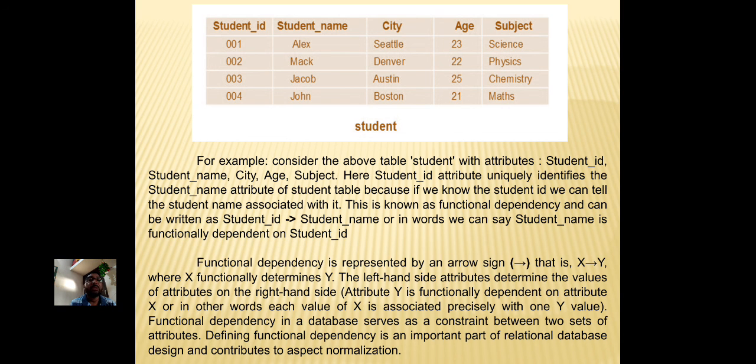Attribute Y is functionally dependent on attribute X, or in other words, each value of X is associated with precisely one Y value. Functional dependency in a database serves as a constraint between two sets of attributes. Defining functional dependency is an important part of relational database design and contributes to normalization.